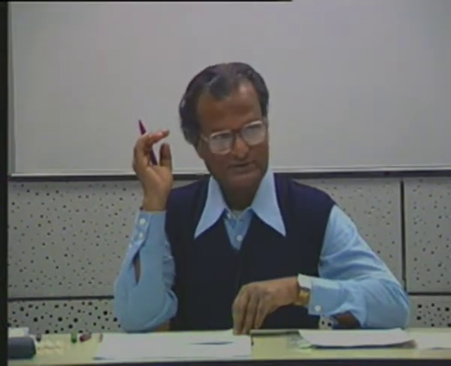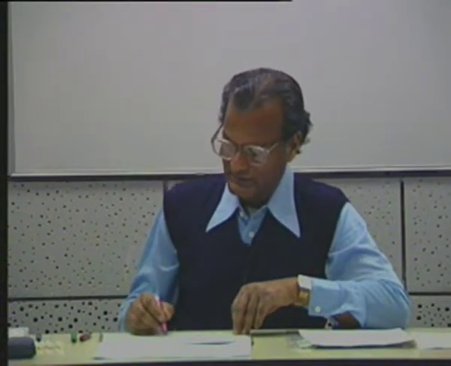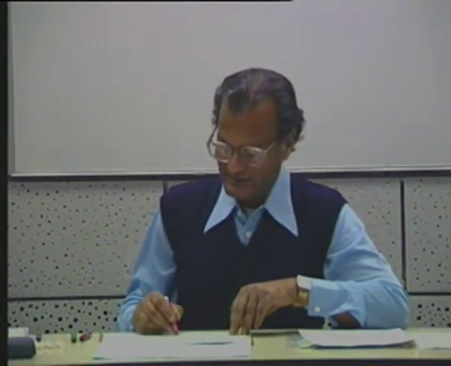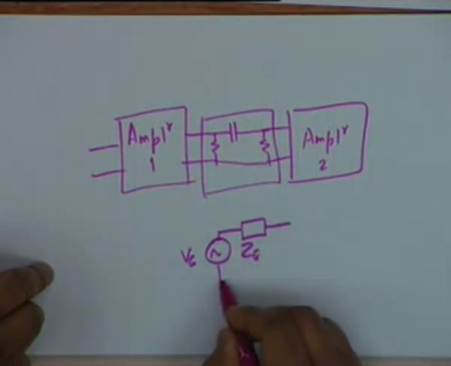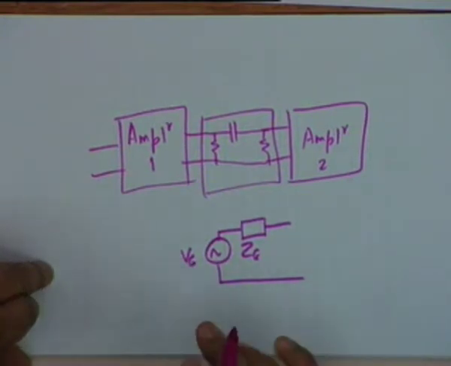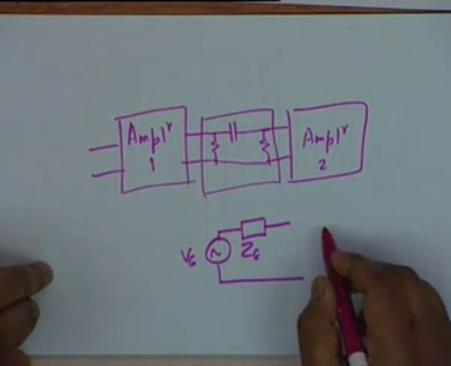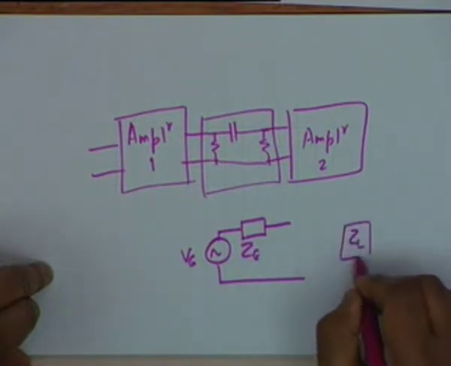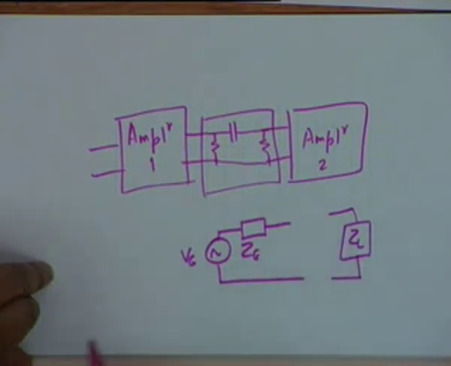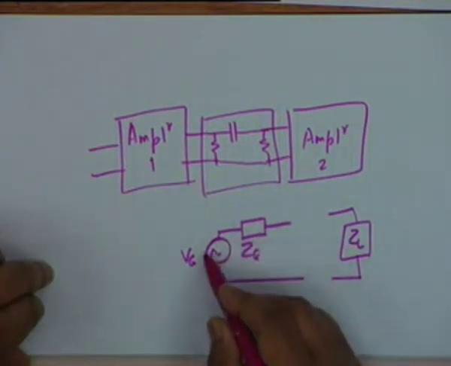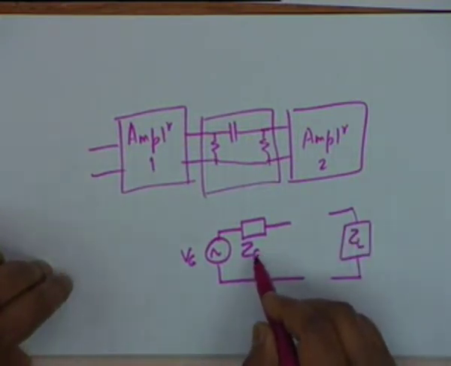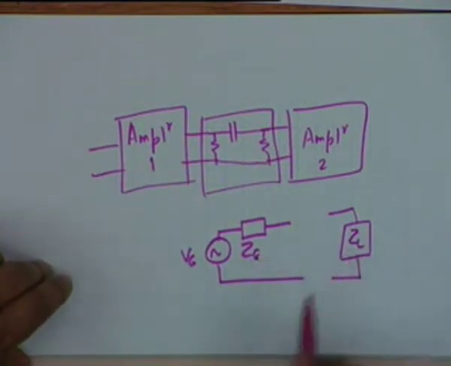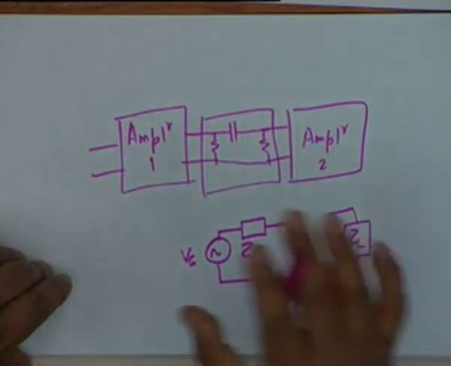There are also situations where you use a matching network, an impedance matching network. That is, you have a source VG in series with, let us say, an impedance ZG. This is a phasor. I am not using the bar because it is clear in the context, and then you have the load ZL. You wish to transfer the maximum amount of power to ZL, maximum available power from the source to ZL. So what you do is, if Z sub G is not the complex conjugate of ZL, you know, this is the condition for maximum power transfer.